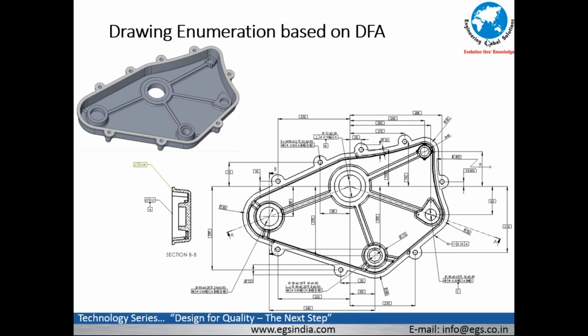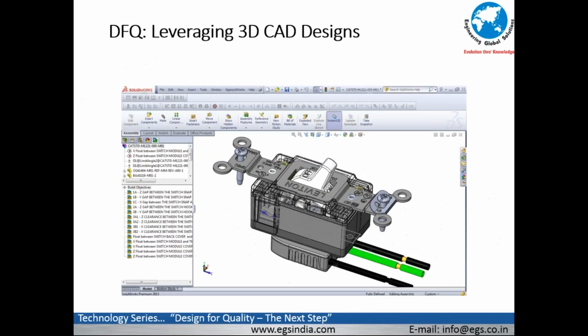When I say design for quality objectives, examples are the gap between two parts, clearances, flushness between parts, and misalignment. These are simple, common objectives that you can enumerate and put on the drawings to protect, based on your GD&T schema, when we are taking the DFQ process and implementing it as a part of our design processes. As you can see in the next slide, you will see a popular 3D CAD process. For example, you are looking at a switch. On the switch, you can see the complete assembly of the switch.